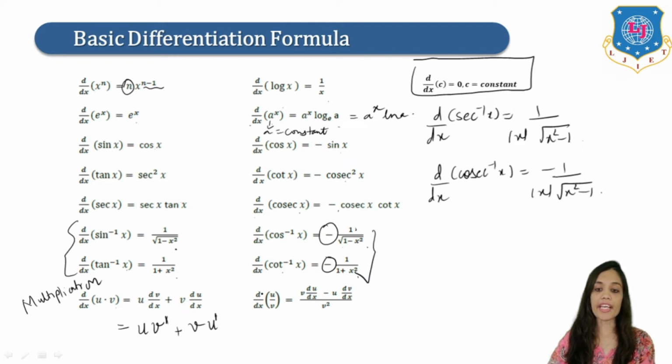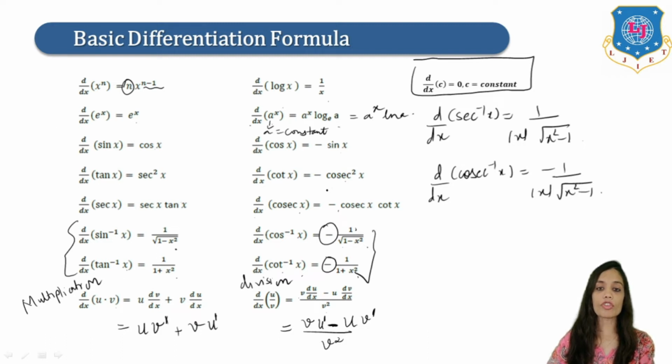And similarly, derivative of u upon v. So this is our division rule of derivative, or you can say the quotient rule, right? So it is v square, and in the numerator what will come? V derivative of u minus u derivative of v. So you can write this in another form as v square, keep v as it is, derivative of u, minus keep u as it is, derivative of v. Fine. So you have to remember all these formulas, right?